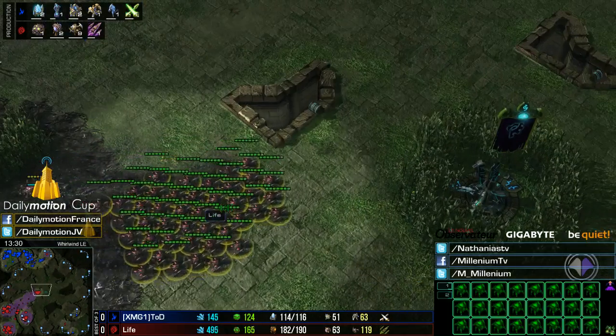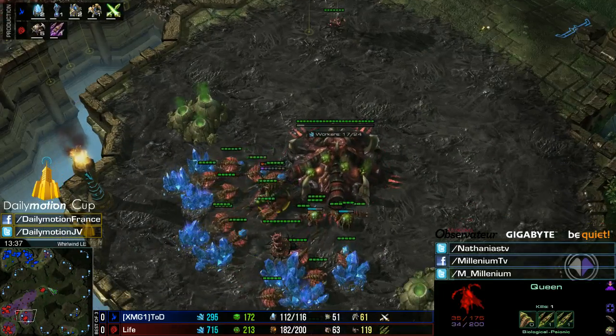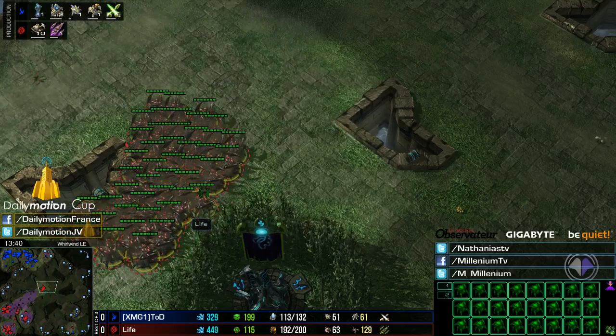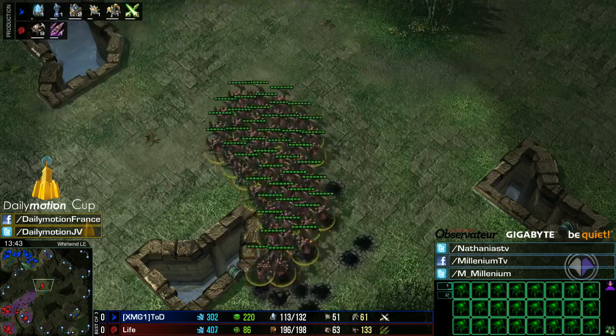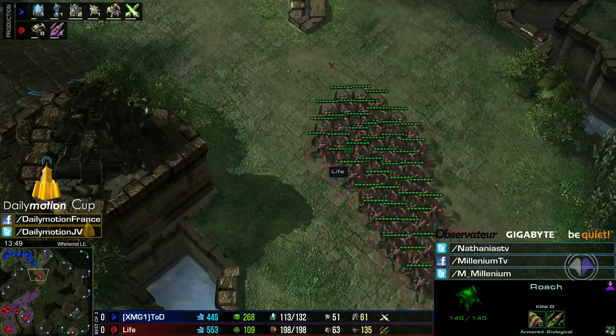We have a max out for Life. Look how fast these things go. Like, are you kidding me? Zealot harass is finally shut down by the Queen. Yeah, wow. Roaches move really fast while burrowed. But there's just this one cannon. He shouldn't be able to get through there. I don't think he should, but...